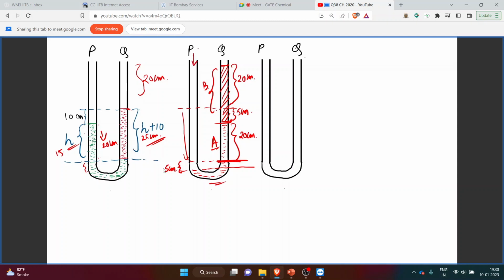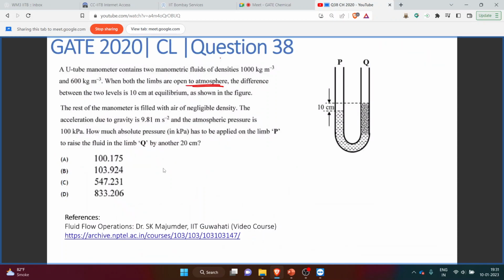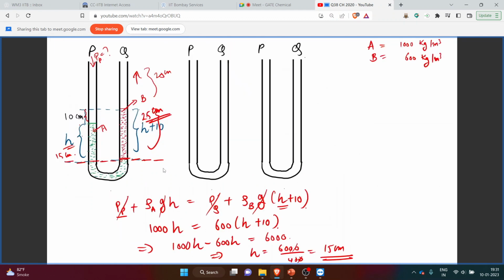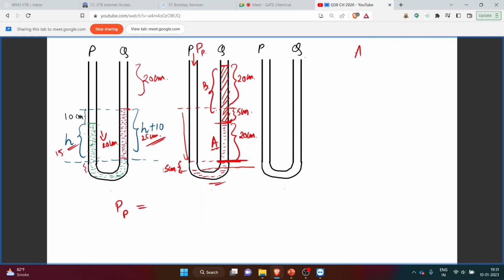So now we are applying the force of P_P over here, that we have been asked to find. So P_P is equal to, now what else we have been given? We have been given that atmospheric pressure is 100 kilopascal. So basically the atmospheric pressure is 100 kilopascal. So at this level, we are writing the pressure balance. So it will become P_Q plus